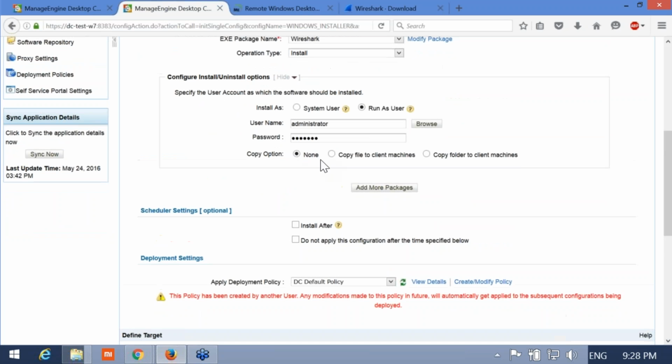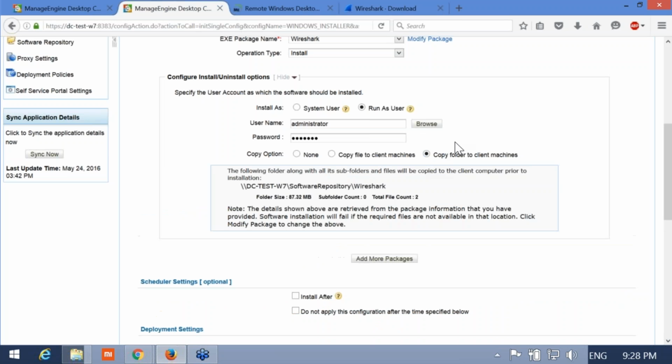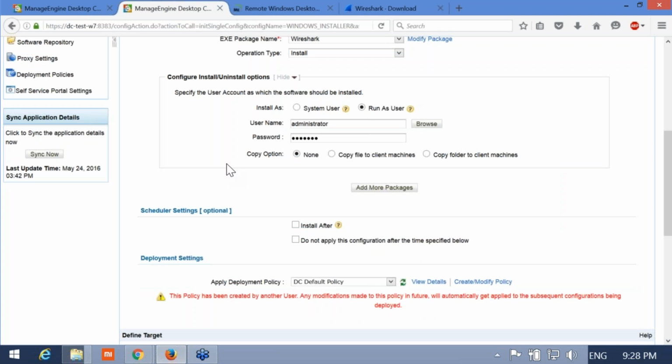The next is the copy function. Again, there may be some scenarios where you want to deploy a larger package, for example MS Office. If you deploy the application without the copy function, let's say MS Office will be almost close to 1.5 GB, roughly I'm taking. So if you deploy this MS Office without the copy, and in case you had some kind of deployment failure or any kind of interruption, and due to that it failed in between,